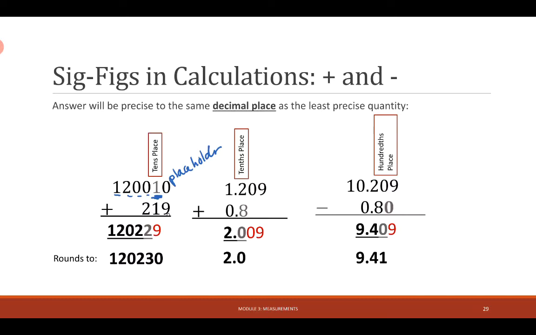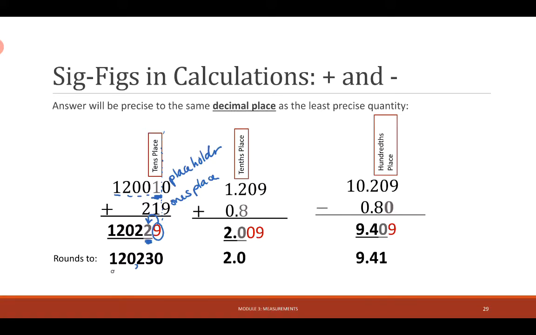This one is significant to the ones place. Tens is less precise than ones because this tells us that we at least know it within 1. This tells us we only know it within 10. And so this is a smaller increment. And so our answer can only be precise to the tens place. Sometimes you might find it useful to kind of draw a dotted line down to show you that the ones should not be there. You would look at the 9 and round up, and then you could report your answer as